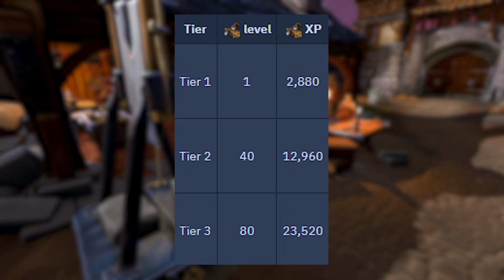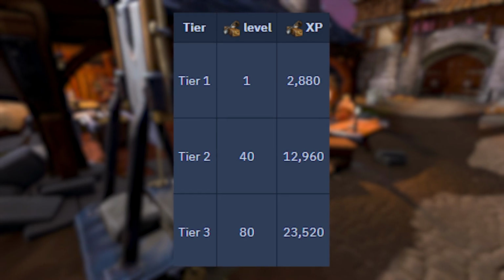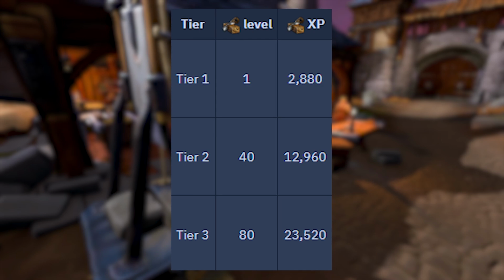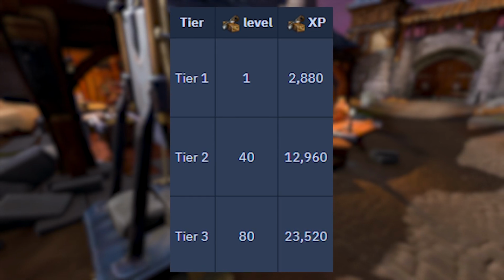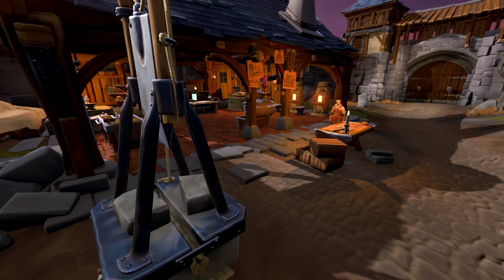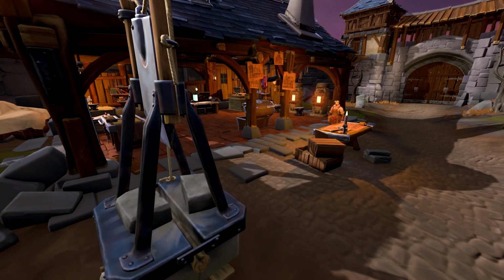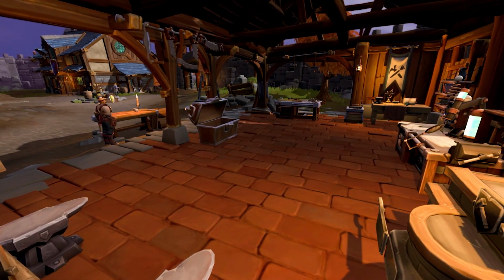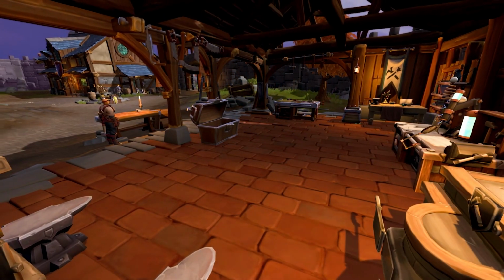Tiers 1, 2, and 3 require levels 1, 40, and 80 construction respectively, and grant 2,800, 12,000, and 23,000 XP over the course of the builds. This is the base XP. The first tier boosts the construction XP you get by 5%, increasing by an additional 5% with each tier up to 15%. More excitingly, the workshop has a bunch of artisan skilling spots like a furnace, anvil, archaeologist workbench, and